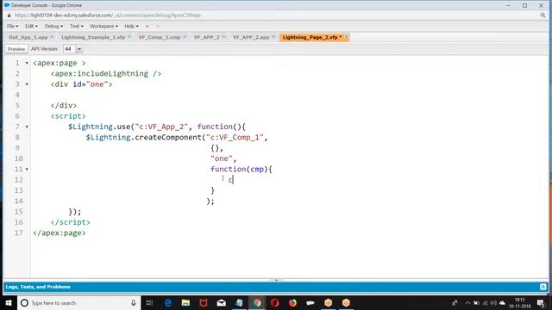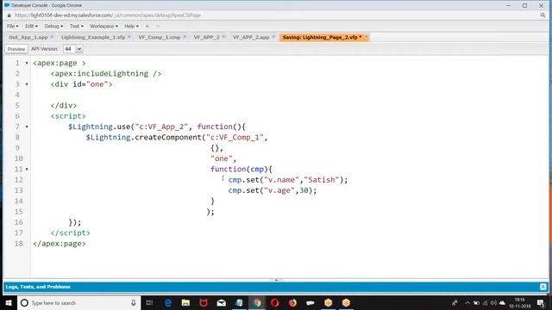So what I was doing, component dot set v dot name, set v dot age. You created a dynamic component, we are setting the values.